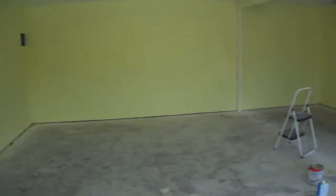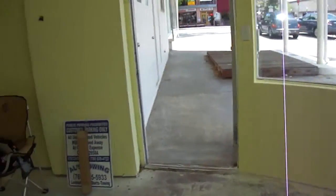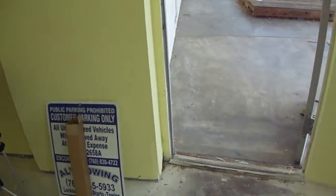Put a couple coats of paint on this. This was a pain because it's kind of an off-white and it was already white. But did my best that I could do. So I put a couple coats of paint on that. And that's about it. I finished the door. And earlier today,